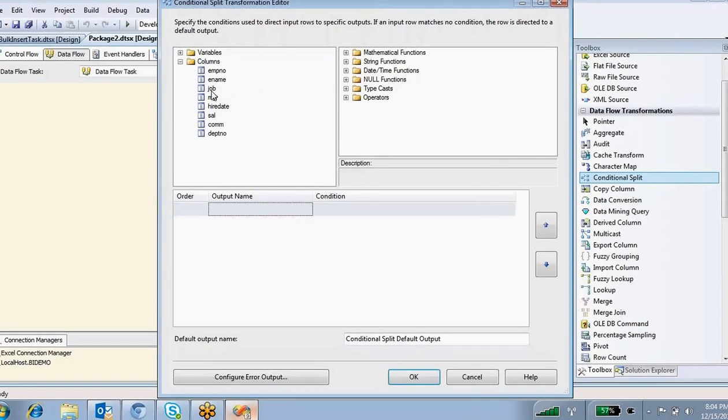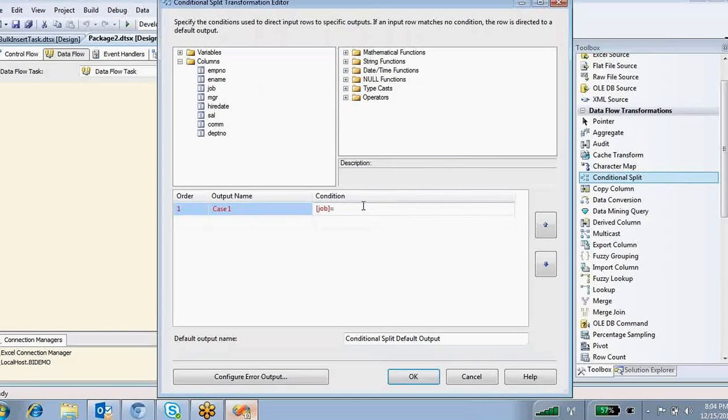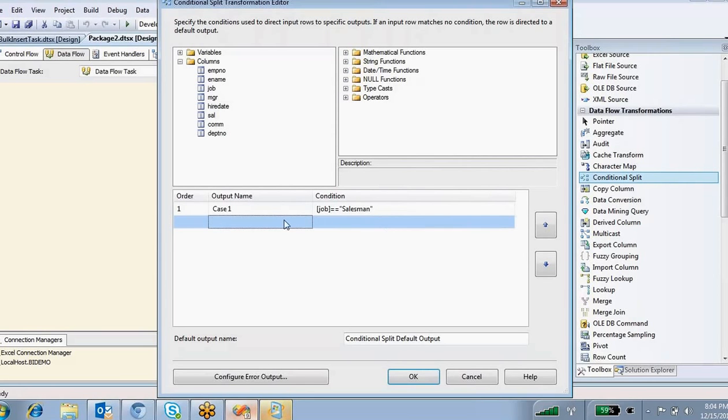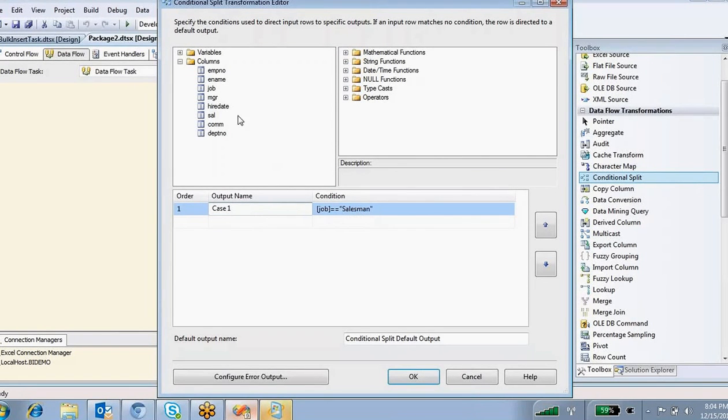On job type: job type equals equals, in quotes, salesman. So whatever employees' job type is salesman, that data I'm going to take one way.